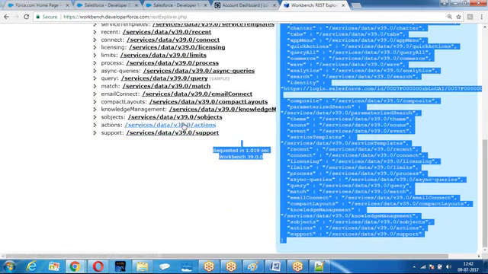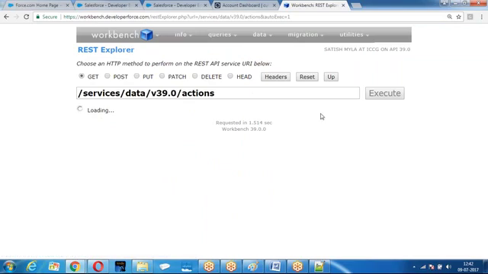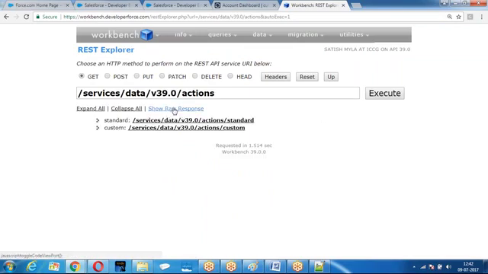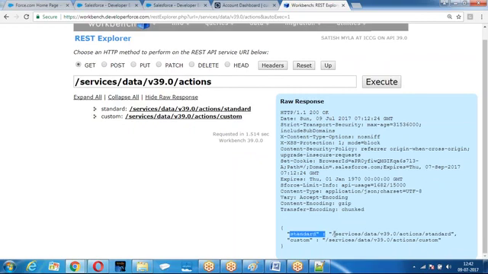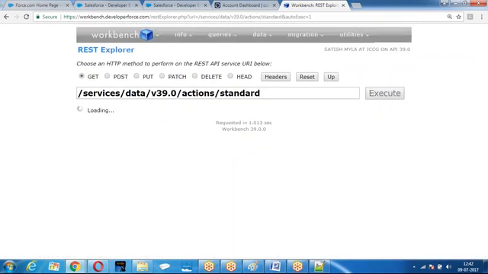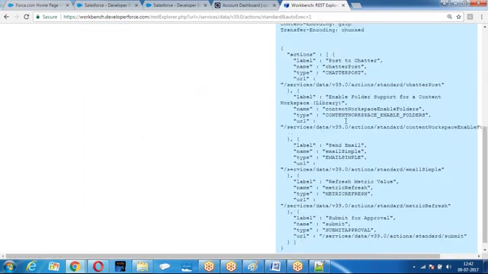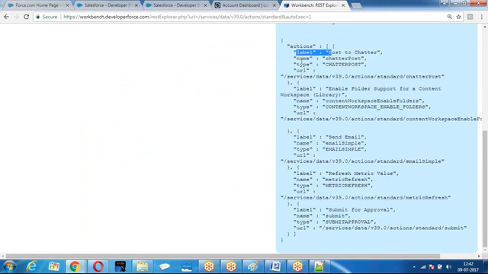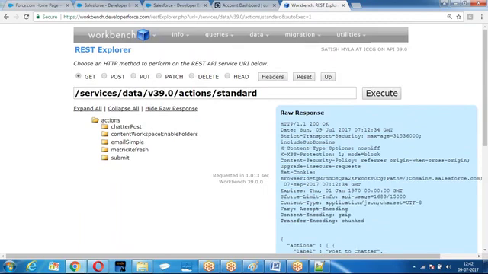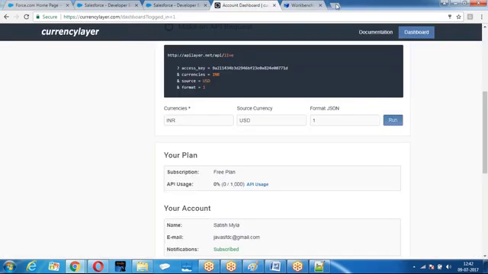The response is coming in JSON. Standard action, custom action. Action, label, name. So when two systems want to communicate or exchange the data, the response will come in the form of JSON or XML.